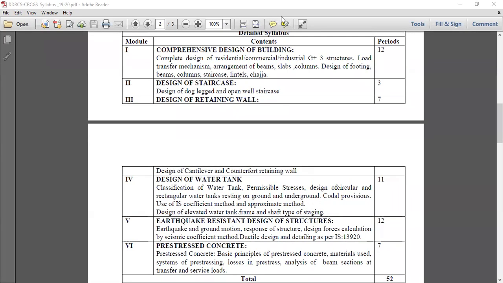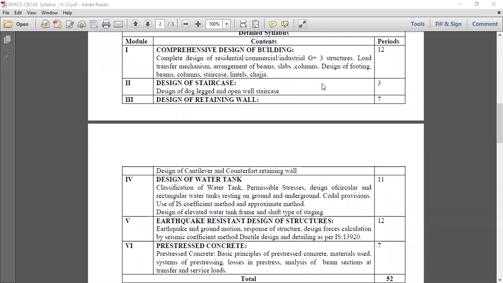So now tell me, when we are designing the water tanks, which method will we use in the design of water tank? So in TRCS we have studied two methods of design. What are those? Yes, WSM and limit state method. So water tanks will be designed by which method? I think I have told you this. WSM. Perfect. Okay. So basically we are going to use WSM method to design the water tanks.